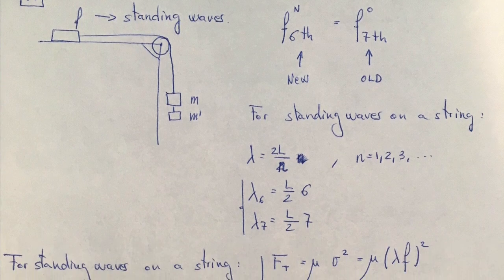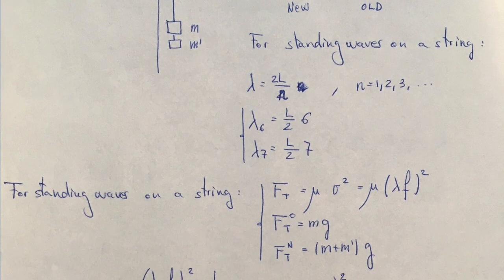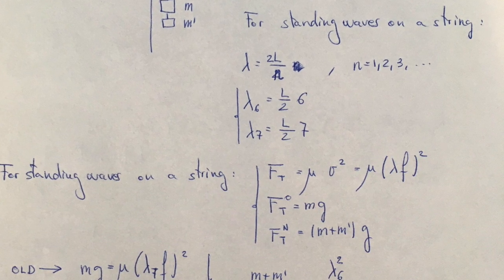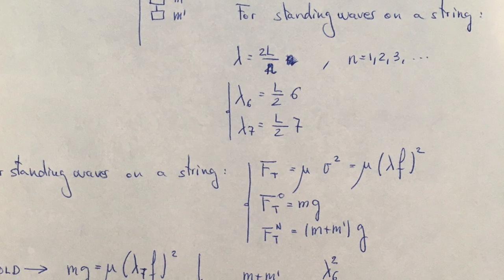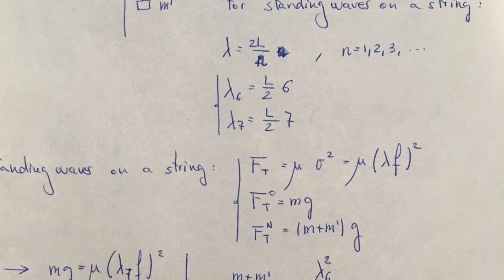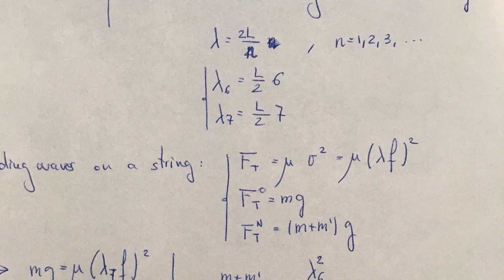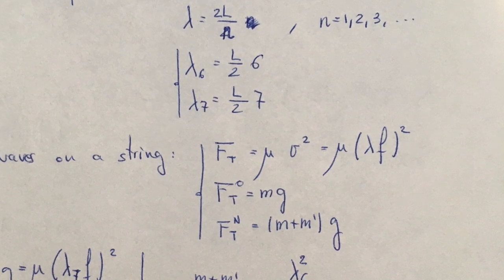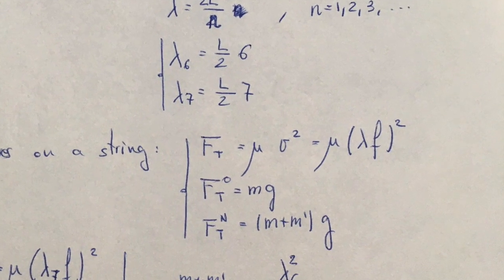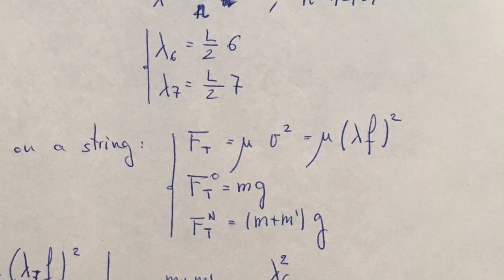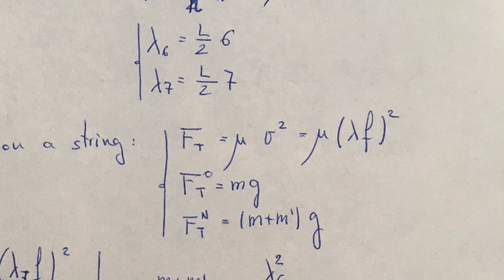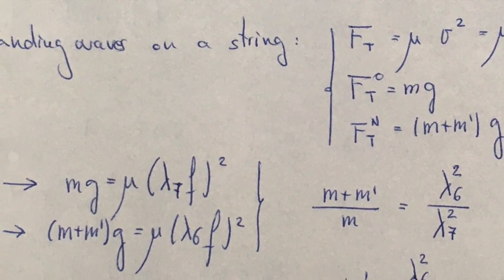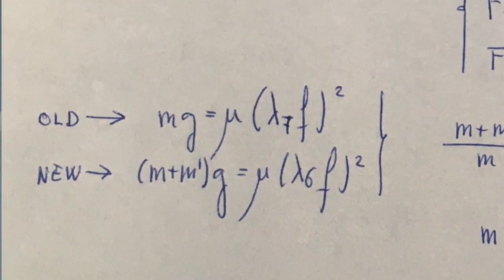Also, for standing waves on a string, we know that the force of tension is equal to mu times velocity squared, where mu is the linear density of the string. So we have that the force of tension is equal to mu times lambda squared times frequency squared. Because the force of tension is just the weight that we're hanging there, the old tension is equal to mass m times g, and for the new one we have m plus m prime times g. So we can write these two equations, the old situation and the new situation, and we have that mg is equal to mu times